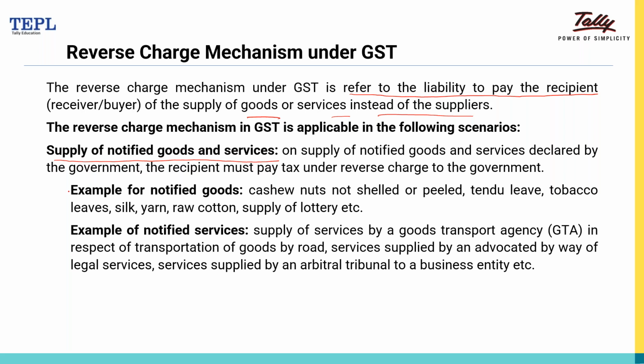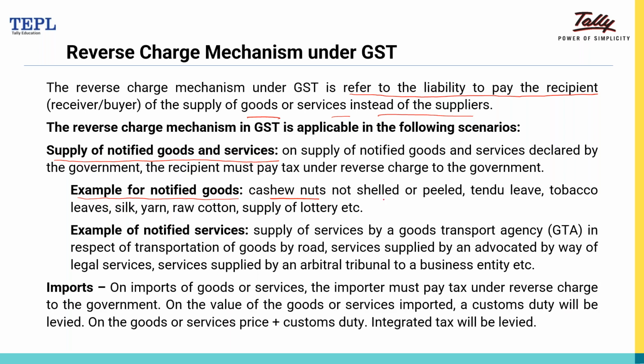So here there are two options. The first one is examples of notified goods. Some of the notified goods are notified by the GST department, like cashew nuts, not shelled or peeled, tendu leaf, tobacco leaf, silk yarn, raw cotton, supply of lottery, etc. If you supply this type of products, then it's the buyer's duty to pay tax to the government, not the supplier. That means, suppose